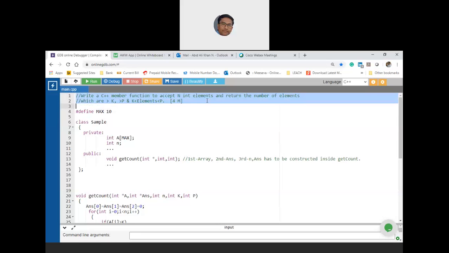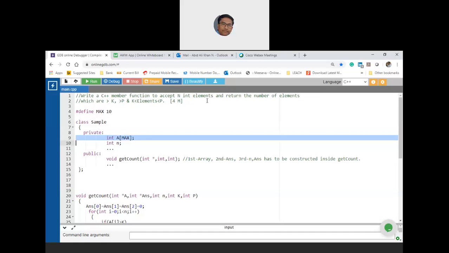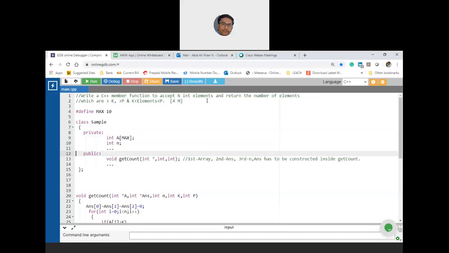As a part of this, we're assuming that there is an array which is a private data element with n number of elements. Now don't construct the array, don't ask for n, don't do anything, because what has been asked is for you to focus on the member function. Because the array is already there and the number of elements are there, there is no meaning of passing a and then n as the list of arguments in get count,